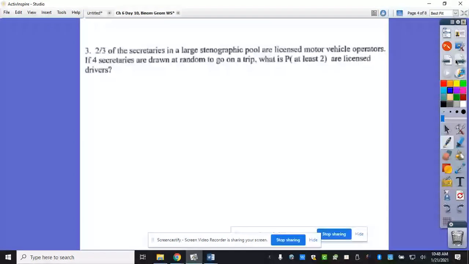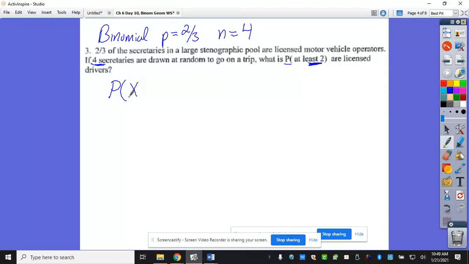Two-thirds of secretaries in a large stenographic pool are licensed motor vehicle operators. Of the 4 secretaries drawn at random to go on a trip, what is the probability that at least 2 are licensed drivers? Probability, not mean. Do I know how many I'm drawing? Yes, I'm getting an exact number of successes out of those. So it's binomial, and my P would be what? My N is, and I'm finding P parentheses X is,